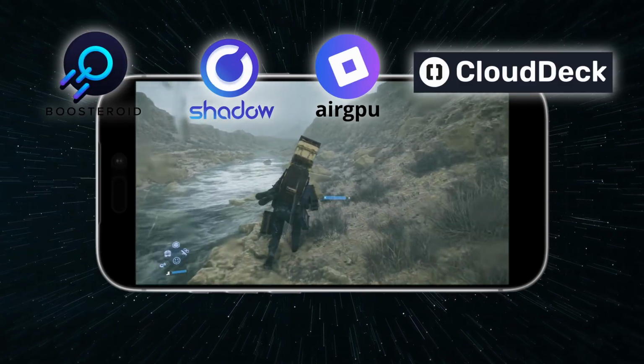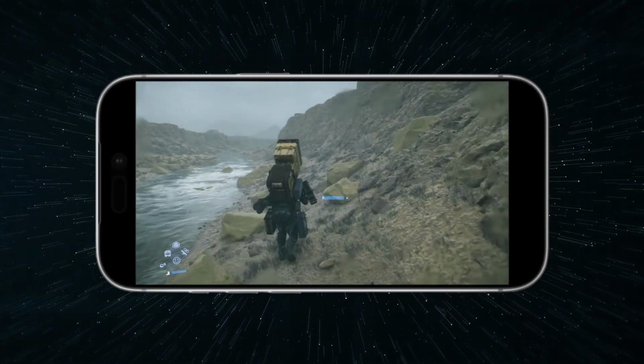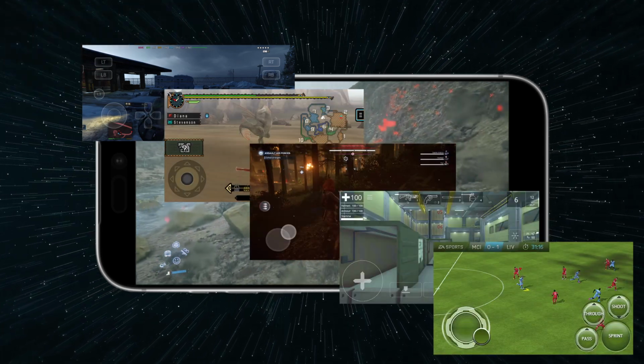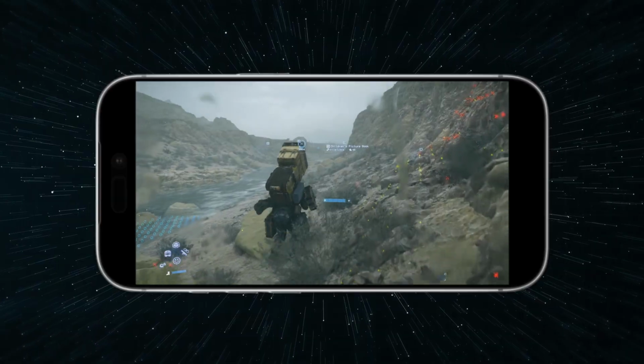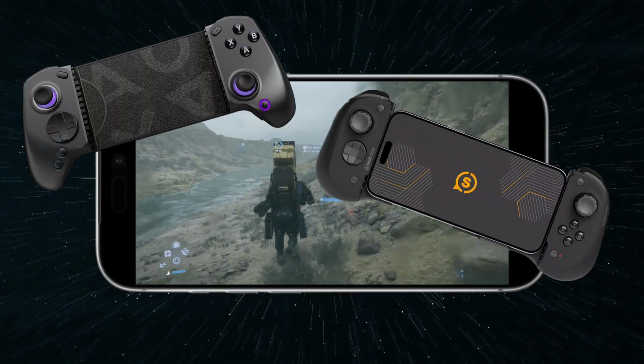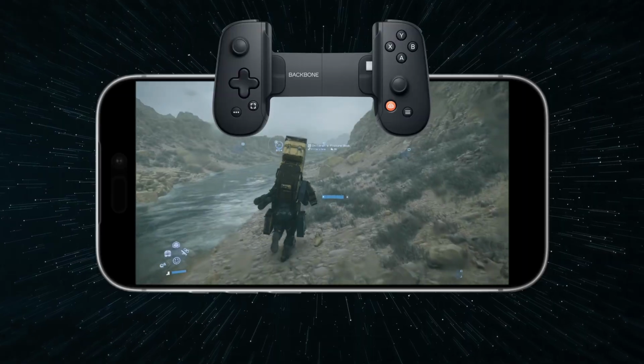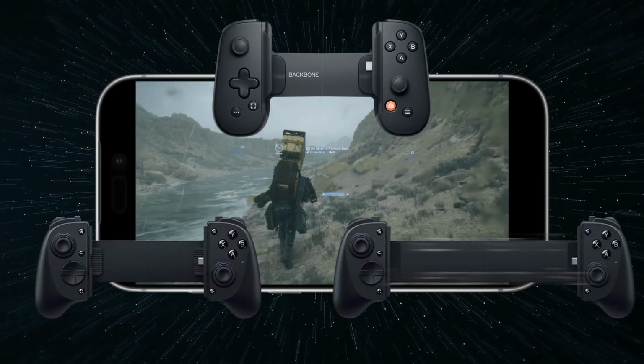Whichever cloud route you choose, playing PC games with touch controls is mostly misery. We strongly recommend using a controller, and there's no shortage of controllers to use with an iPhone. My recommendation is getting a telescopic controller like a Backbone one or a Razer Kishi that turns your phone into a handheld, but you can also go with a full-size Bluetooth controller, especially if you want to AirPlay your phone's